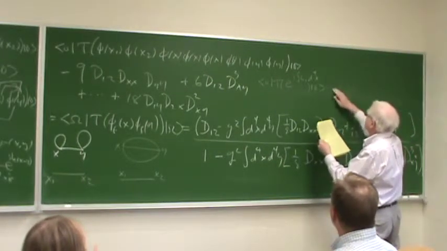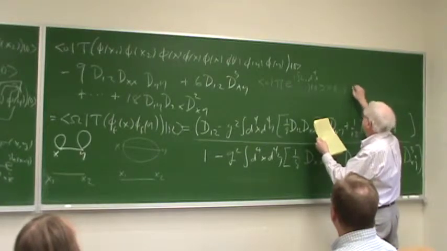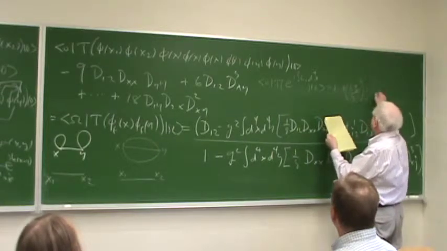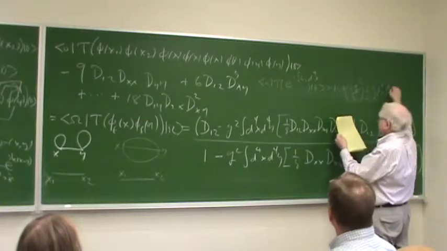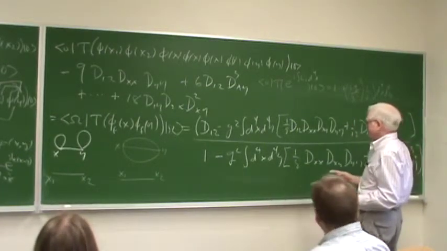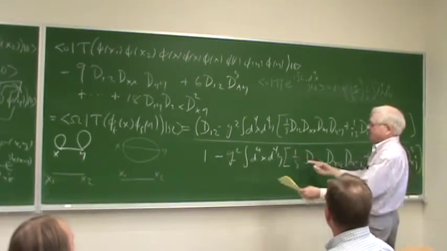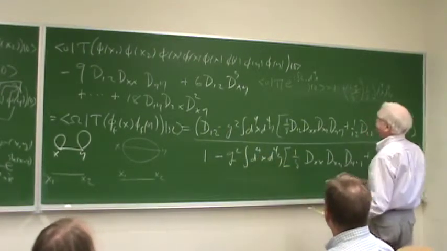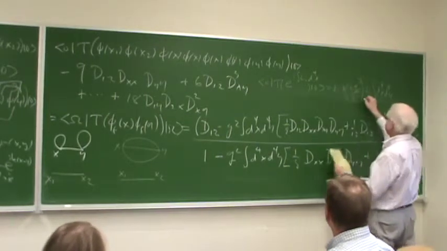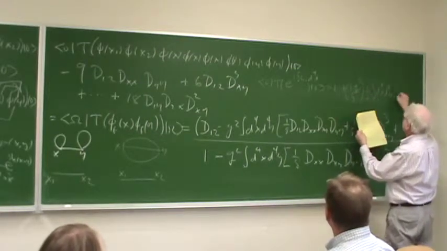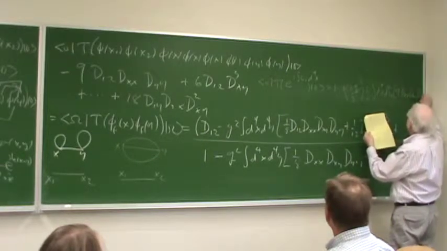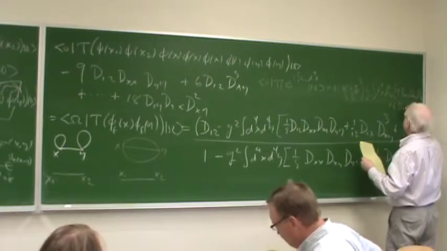In fact, let me skip a line. 1 plus IG over 3 factorial squared times a half an integral d4 of x, d4 of y, and, well, I'm just giving you the denominator. Well, I shouldn't have done that because I already gave you the denominator. I already did the thing. All right, so you wonder, what is the denominator here? The denominator is this thing, and this turns out to be 9 dxx, dxy, dyy, plus 6 dxy cubed plus...